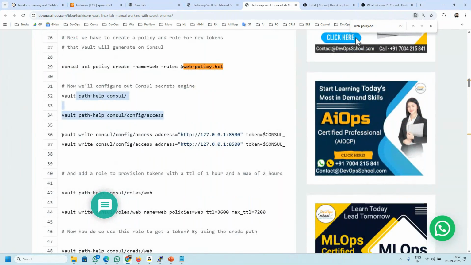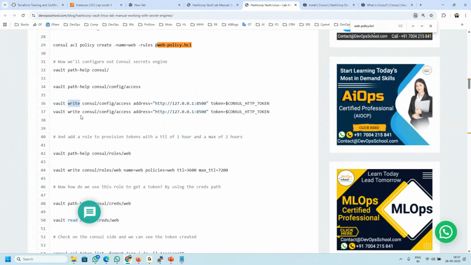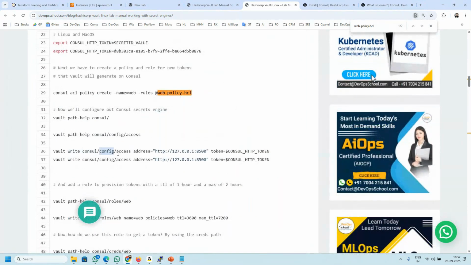Now come to this point here. This is the real thing. So look at this here. What you're doing? Vault is a vault command again. Write where? Console config access. This is the one which we created, right? And which server? Console address. And where is your token? So this is the token which you set already here. Yeah. Correct. So you're writing. So this way,